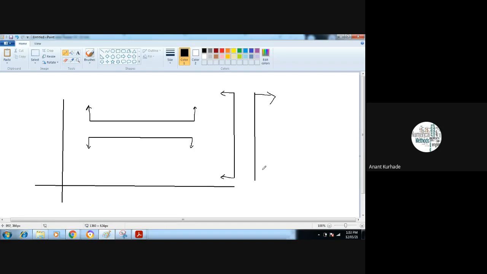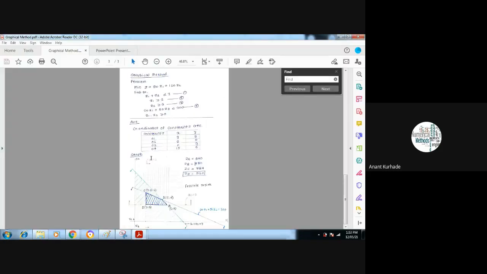We have shown this in the actual solution also. Here you can check this arrow and this arrow. Both arrows are in the same clockwise direction, and both the second and third constraints are greater than. That's why it is above, and make this line vertical, that means towards your right side. Is it fine?